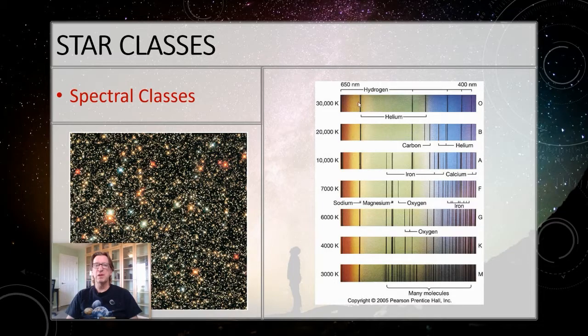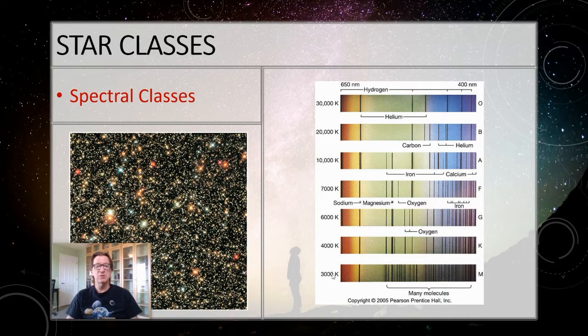But the key thing is that we classify them by looking at the lines that we see. So here, for this type O star, it's very hot, so we're getting what are called ionization lines, but I don't get molecules. It's too hot for molecules to form. Class M stars, on the other hand, are much cooler, 3,000 Kelvin or so, cool enough that we can actually get molecules to form. Molecules mean you have more places that you can vibrate, electrons can go, so you're going to get more lines. So when I see a spectrum that looks like this, I can say, aha, that's a type M.